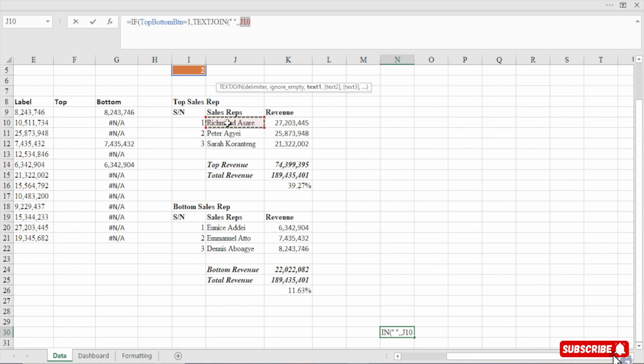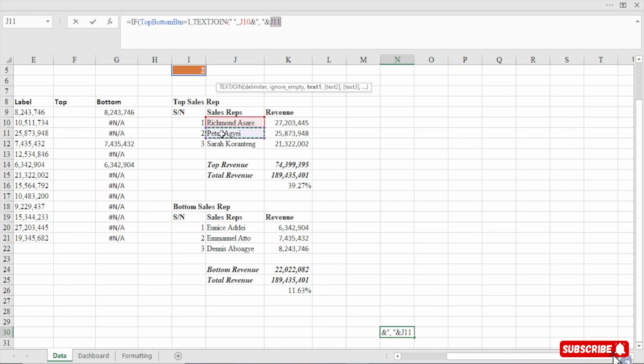Emmanuel Asari, then we concatenate it with a comma. So with a comma, we bring a double quote, bring in the comma and then space and then the double quote again. When we are done, we concatenate it with Peter AJ.